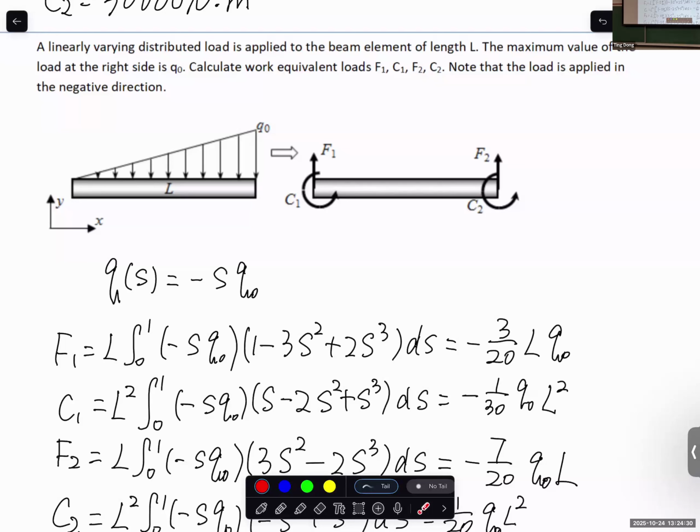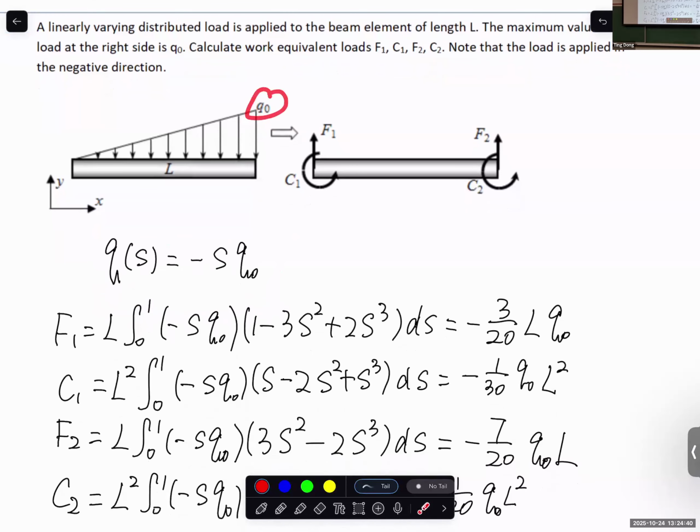But I think the main problem is come up with this linear equation, the Q as a function of S. So again, the Q naught given here is the magnitude at this end. You cannot just write QS equal to Q naught. No. So here,